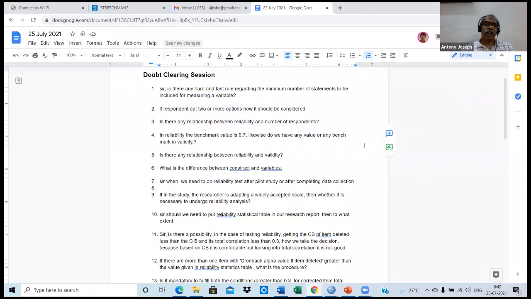Another question is, if in the study, the researcher is adopting a widely accepted scale, then whether it is necessary to undergo reliability analysis. Okay, it's a very good question. Say, for example, if you are adopting the scale developed by a well-accepted person,